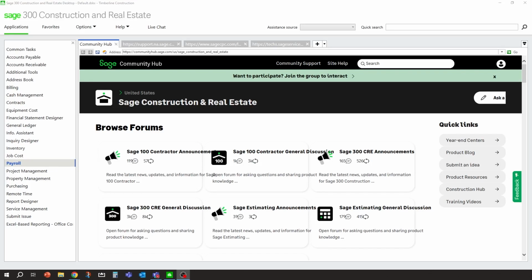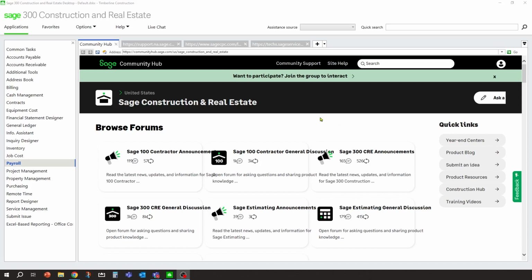In this session, we're going to talk about how to set up and process employee reimbursement expenses directly through the payroll module for the Sage 300 construction software. A lot of times people do this directly through accounts payable, have to set up separate vendors for that, and generate checks separately, but there is functionality right inside the payroll module to handle this all at the same time. So you can provide the employees reimbursement pay at the same time when they get their payroll net pay.